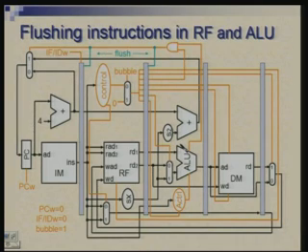Now, having done that, we need to flush the instructions which have entered the pipeline in anticipation, but are not required. So, when we are loading the new value in PC, when we are loading the target address in the PC, that is the signal which is actually making it possible. We need to use the signal to flush out the instructions which are in these two stages. Okay.